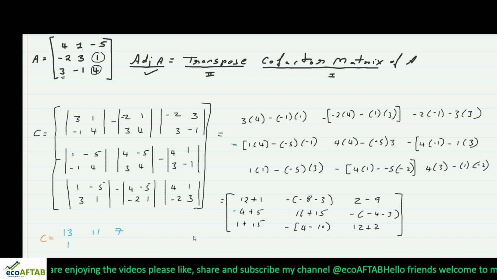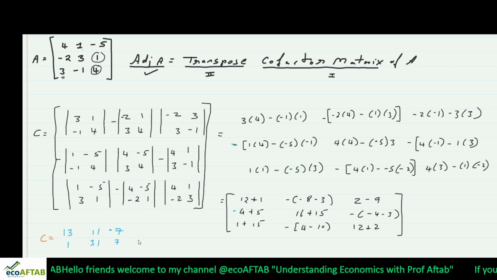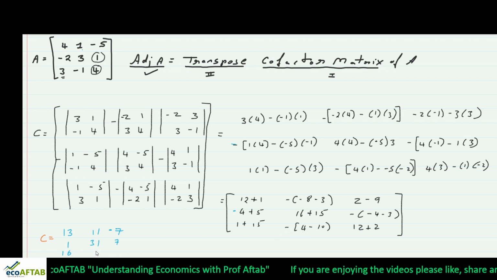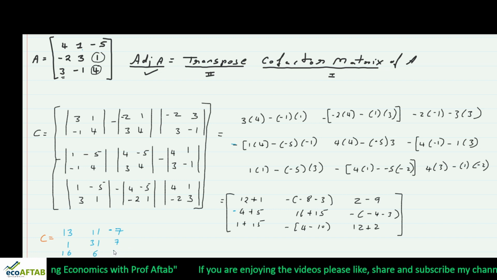Next, 16 plus 15 is 31, and next minus 4 minus 3 is minus 7, minus into minus is plus 7. So 2 minus 9 is minus 7. Then next is 1 plus 15 is 16, minus 6 into minus is 6, and 12 plus 2 is 14. So what we got over here is